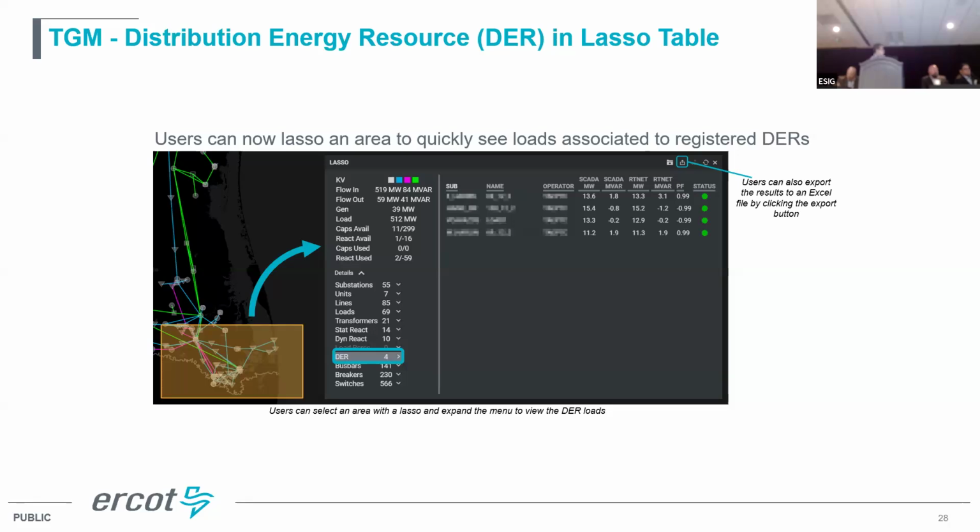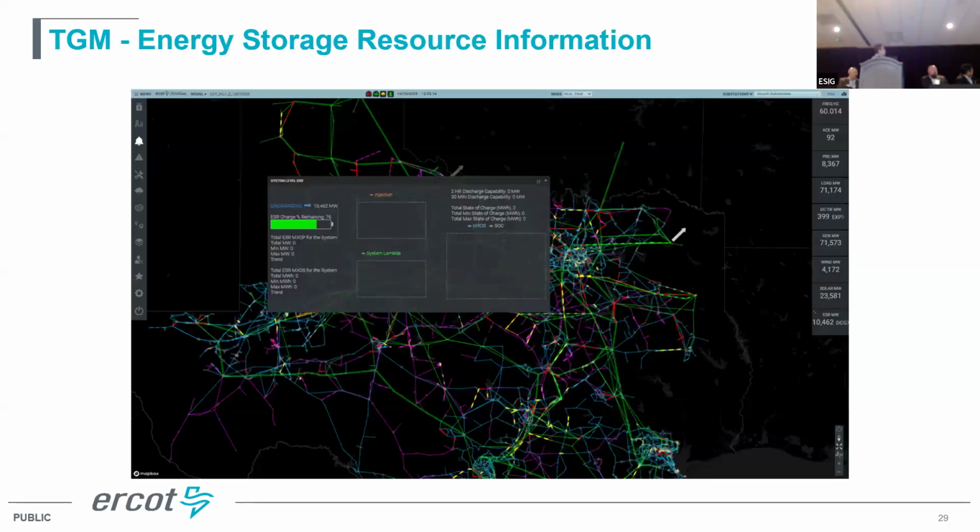Yeah, and then in this LISO or entire system, because we divide by all the equipment types, DGR, DSR is a tab. You can select and see what's in that area. All the DGR is DER resource in that area. And also from system level, we have the total ESR charge. You can see the total levels in entire ERCOT.